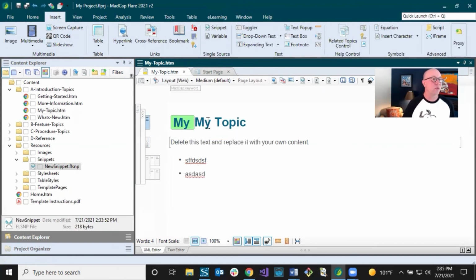So that's a real quick look at the XML editor, the Content Explorer, the project organizer. Again, there's lots of videos and tutorials that'll take you through this in more depth. I just want to give you an idea of how simple this can be and some of the more important things to focus on. And one other thing I didn't mention is, when you start making changes,